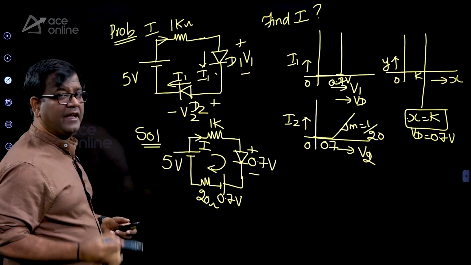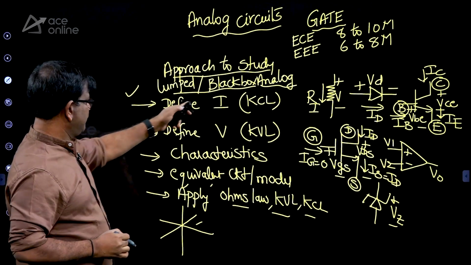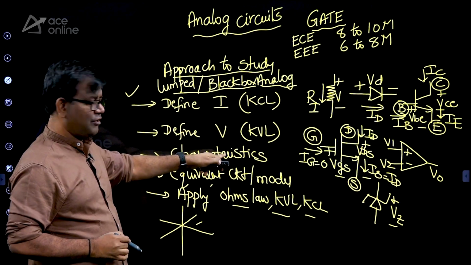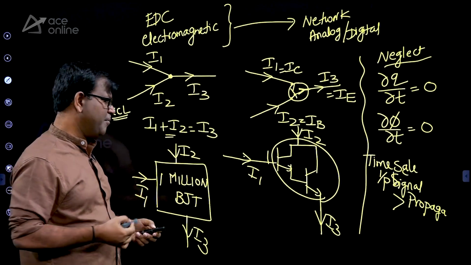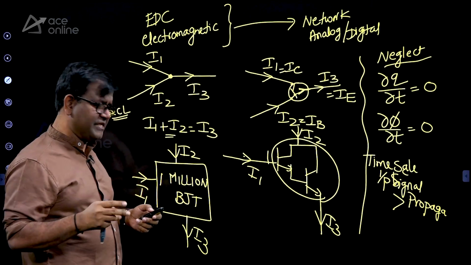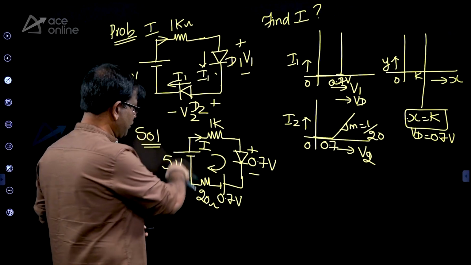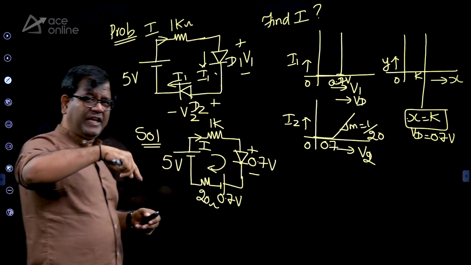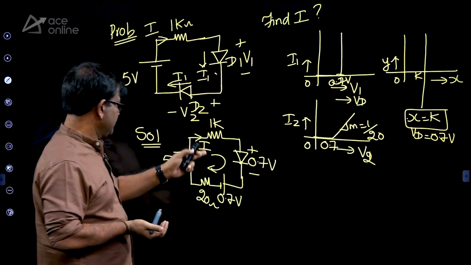And you can apply a law. That's what I told you. For any complicated problem, the 3 things: define current and voltage, look at the characteristics, and then apply KVL and KCL. This is the same approach for all diode problems, all BJT problems, all MOSFET problems. So you can go clockwise. The good thing about KVL is you can go clockwise or anti-clockwise, same answer. So it's minus 5